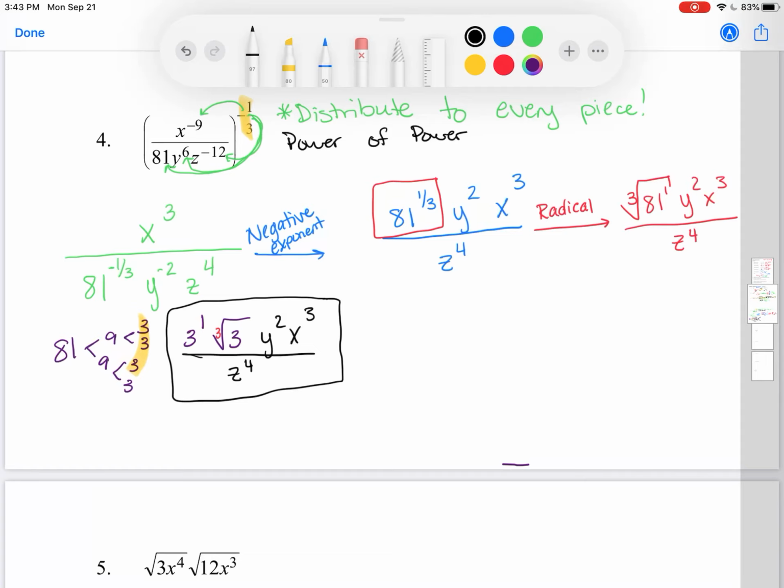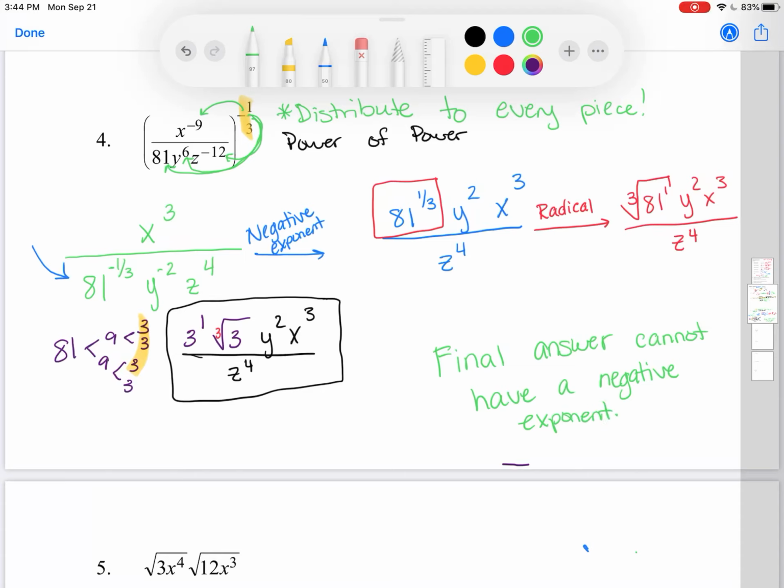I'm not a big fan of fractions, so if I can get rid of them sooner, that's what I tend to do. But most definitely, if you wanted to go back to this problem here and stop here and say, oh, well, let's change that to a radical, because you see it's a fraction, you most certainly can do that, okay? But you have to know that your final answer, just as a rule of thumb, cannot have a negative